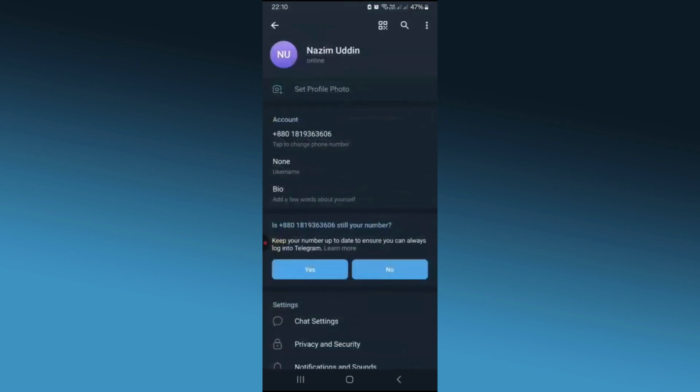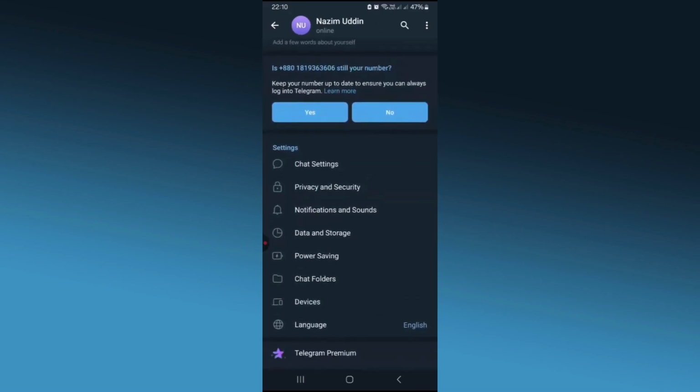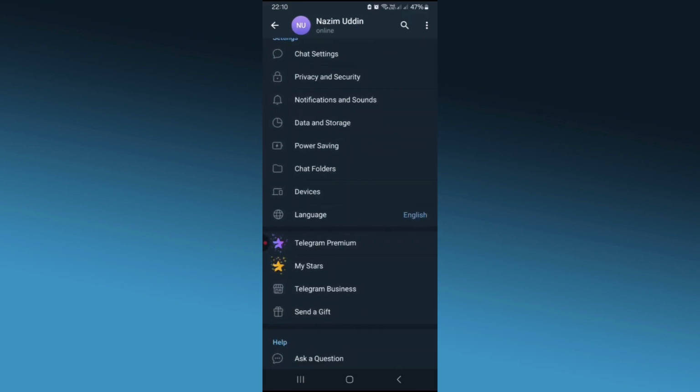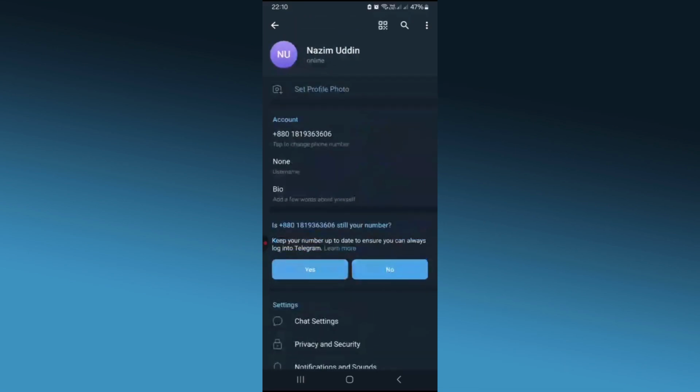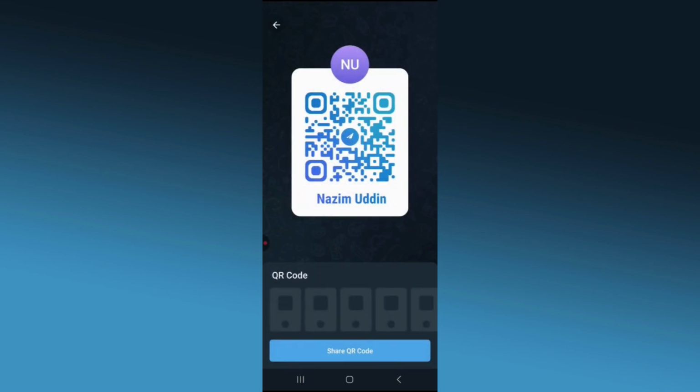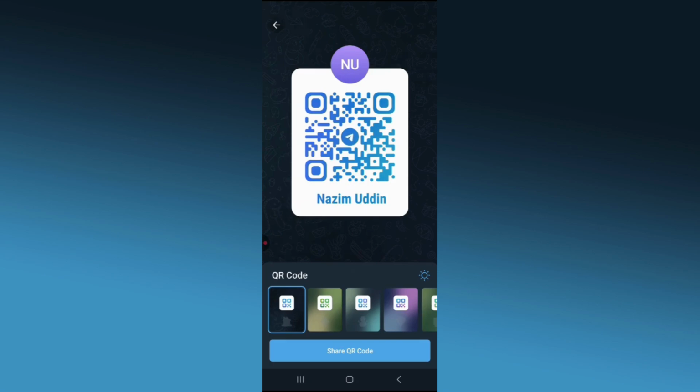Then tap on the QR code icon next to your profile icon and tap scan QR code. Now using your phone's